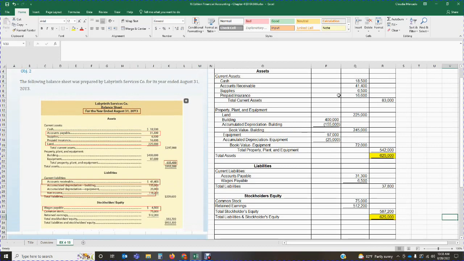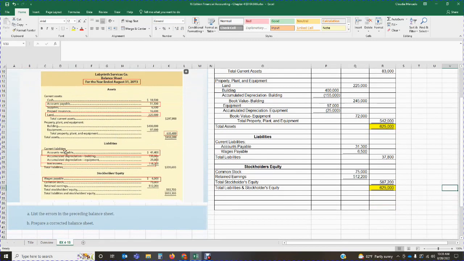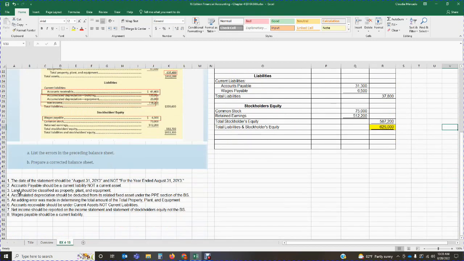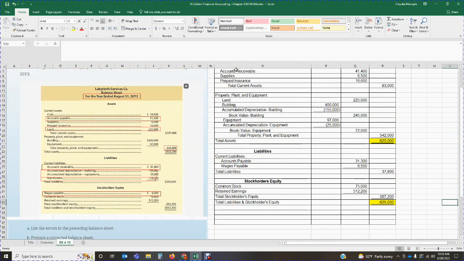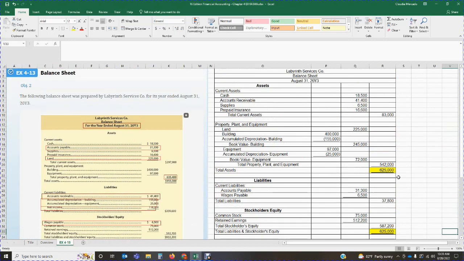all of the accounts are correctly classified in the correct category. So we've used the data provided on the incorrect balance sheet. It's just that when they prepared this balance sheet, they had posted accounts into the wrong sections. Okay, they had misclassified accounts. We went in there, we identified the errors, and we reclassified everything accordingly. And now we're able to prepare the corrected balance sheet, and it is in balance, so we are good to